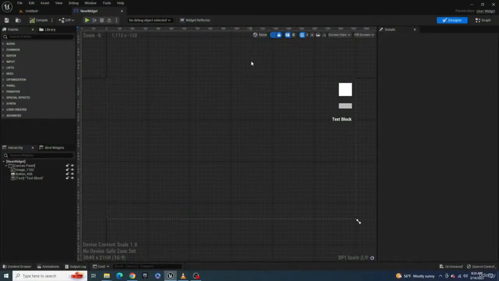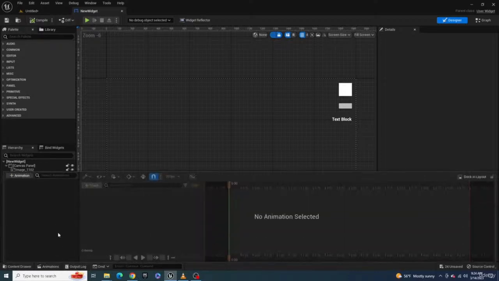Now let's look more in depth at the Animations panel. To open the Animations panel, you can go to the bottom of the Designer Mode window and click on the Animations button. You can